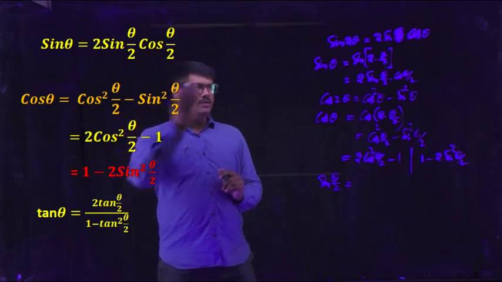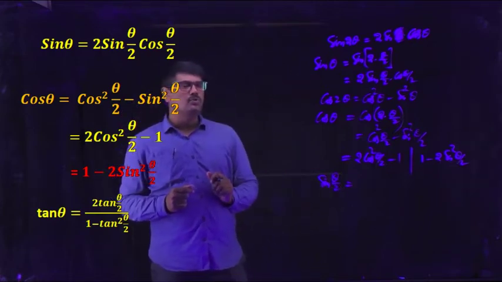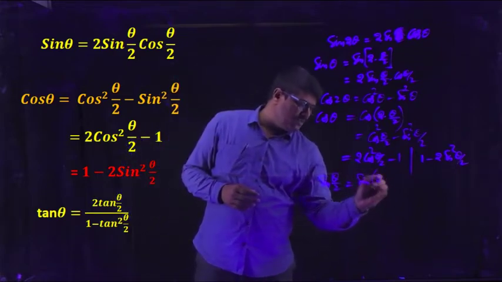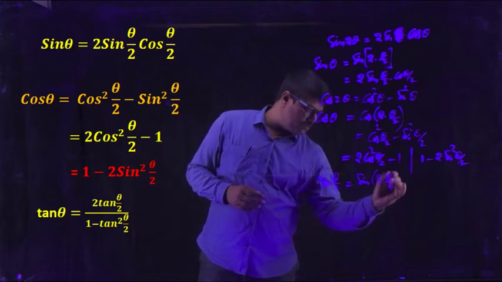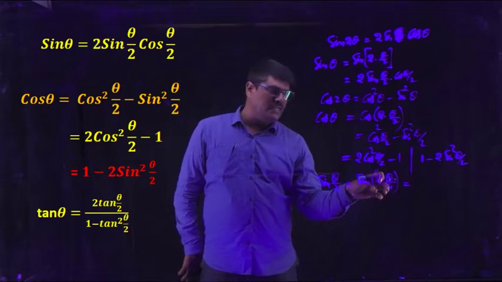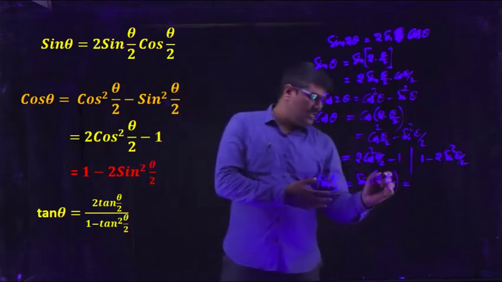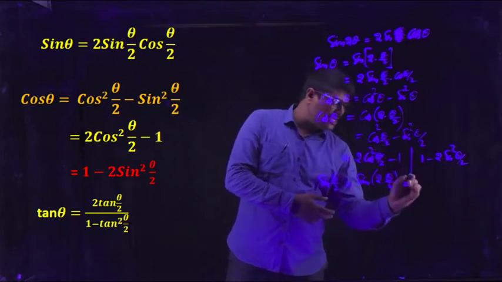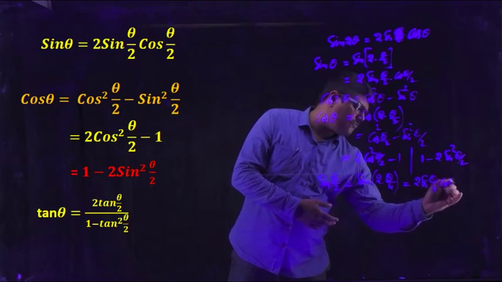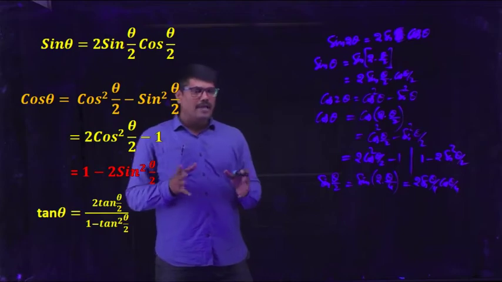Using sin 2 theta, you can write sin theta. So now what is sin theta by 2? Writing sin theta by 2 with the 2 multiple, it will become theta by 4, so that it will become again like sin 2 theta. So use that format. Sin 2 theta is 2 sin theta cos theta. So treating theta by 4 as theta, this is 2 sin theta by 4 cos theta by 4. So you can split like that. So you have to practice like that.